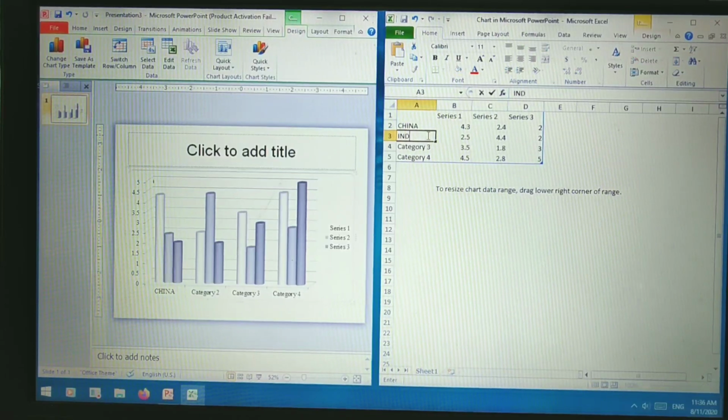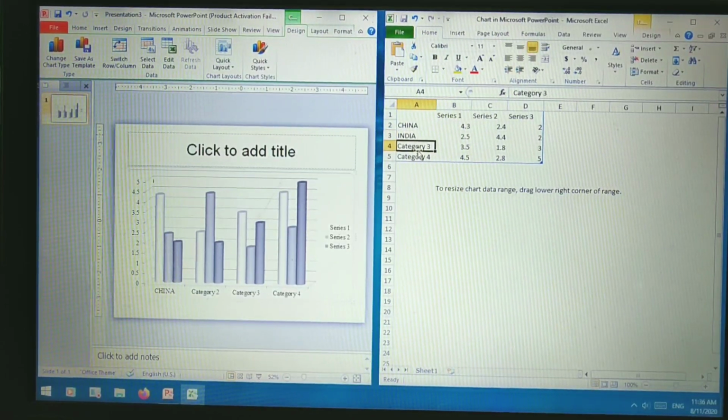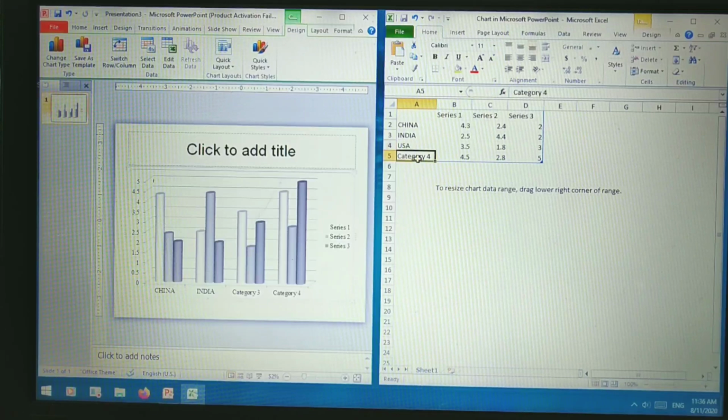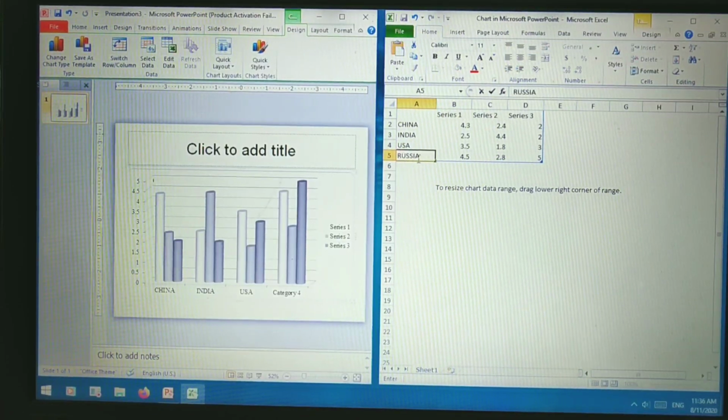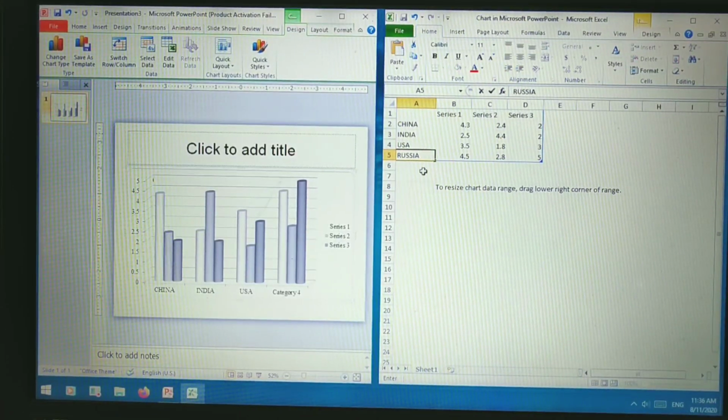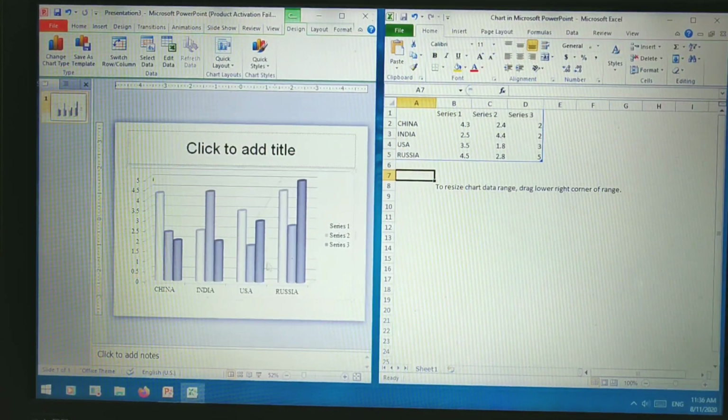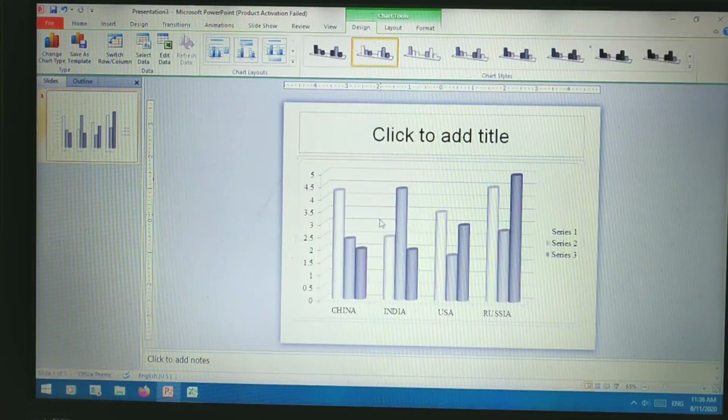Second, India. Third, USA. Fourth, Russia. As you can see, as I change the data in the Excel sheet, the data in the presentation also changes: China, India, USA, Russia.